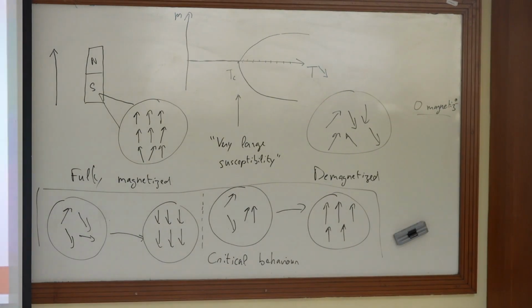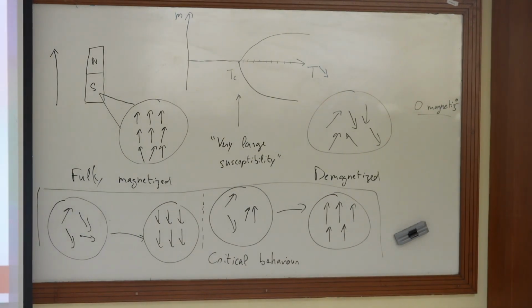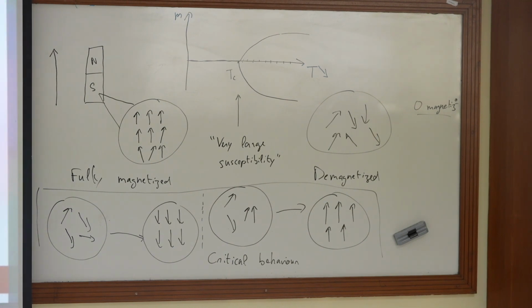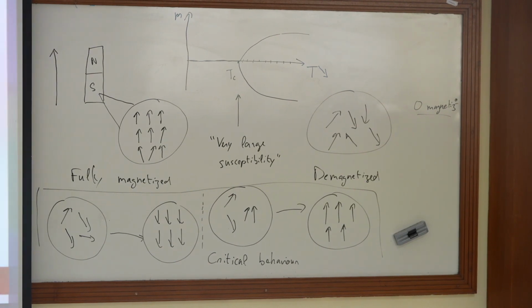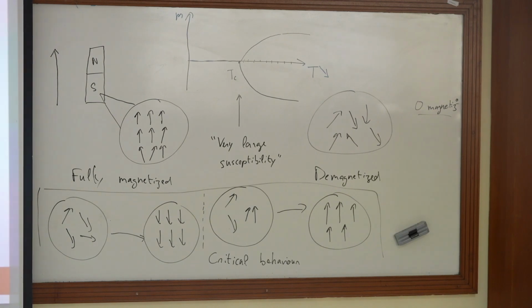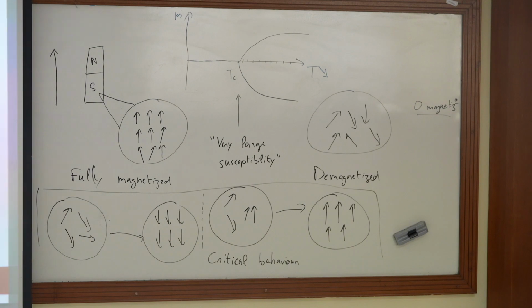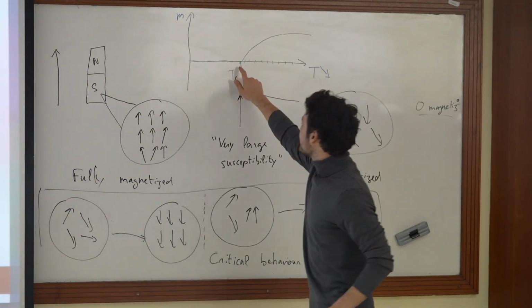So that's the sort of crux of critical phenomena, and you can start seeing what that has to do with it. Near the critical point you have the susceptibility, which means the ability of magnets to align, which becomes very, very large, and so any small deviation will suddenly align the whole system with it. So the critical behavior is what happens precisely at that point.